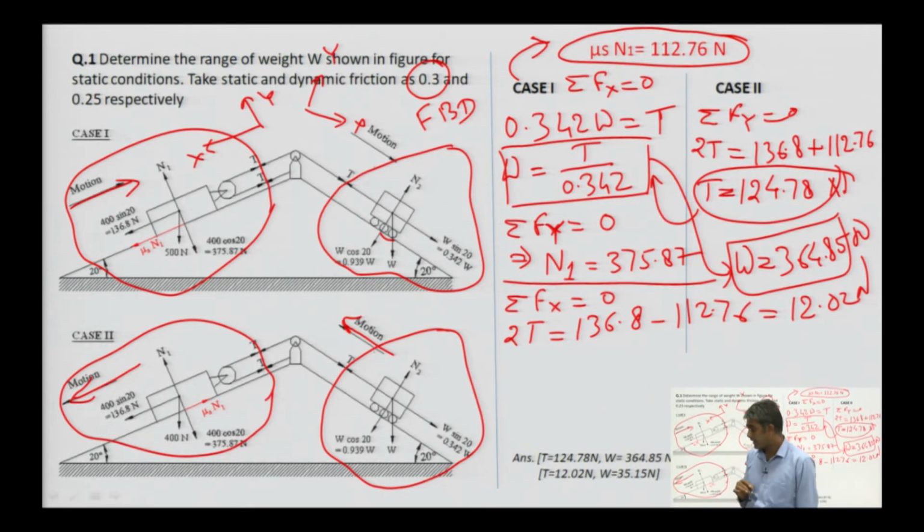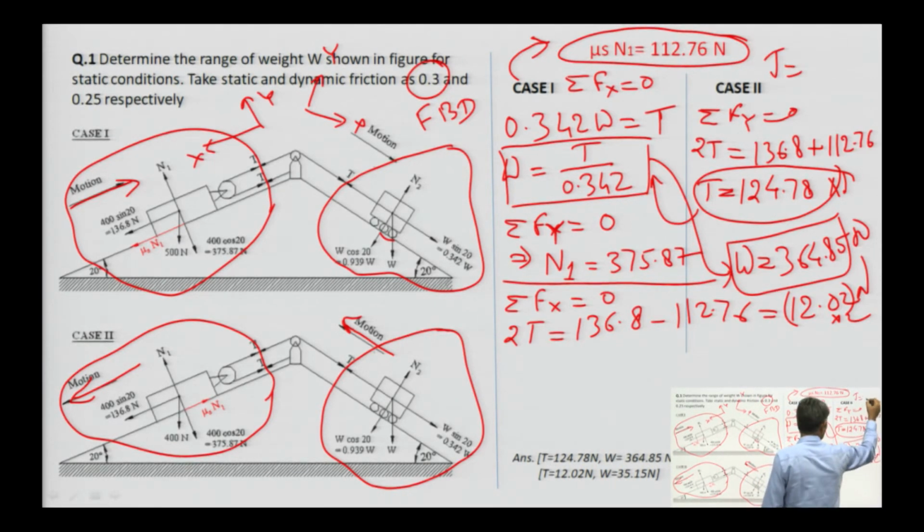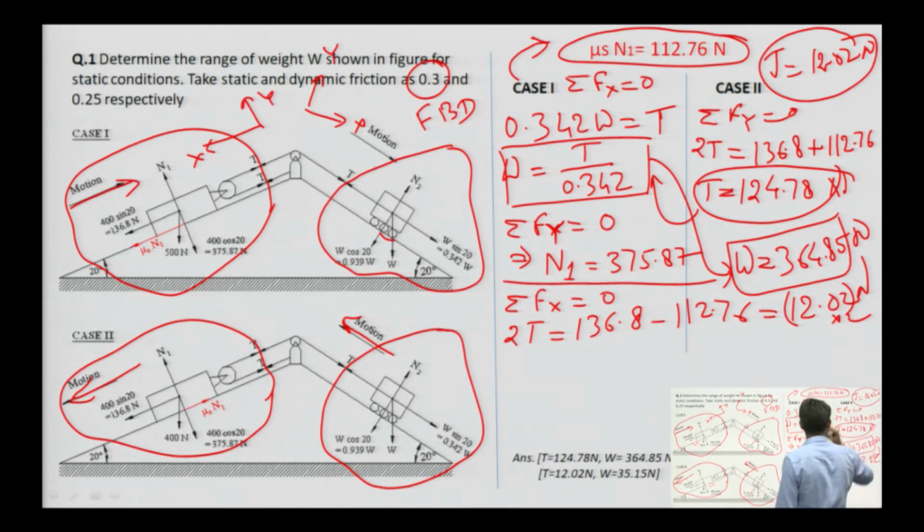The value of T has been calculated for case 2. This is multiplied by 2, so the value of T will be 12.02 Newton. When we put this value of T in this expression,